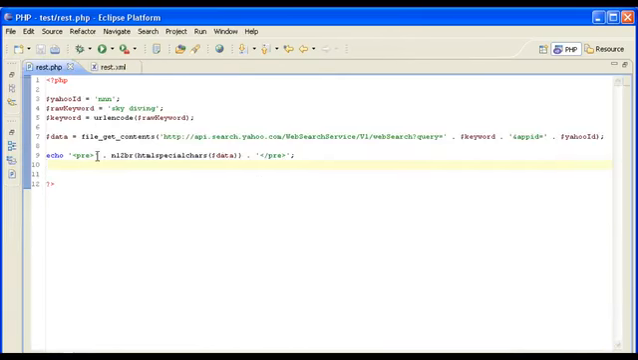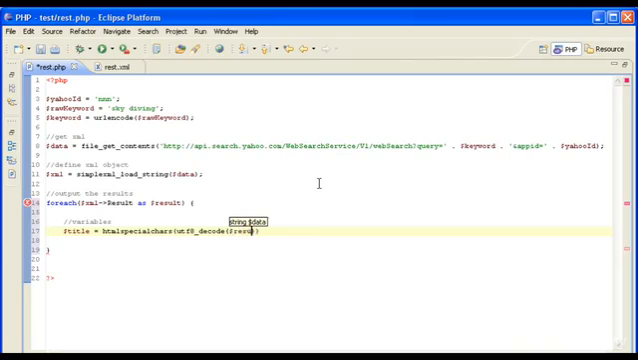Title equals HTML special characters. We're just going to protect ourselves here. UTF-8 decode and result title. So that's nice protected code. And we have a title. Now let's show this title. Show echo title